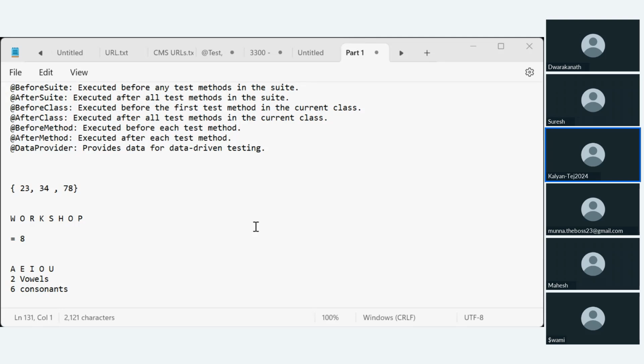And with respect to the access specifiers, I already mentioned during the session. In the abstract class you can have private, public and protected, whereas in the interface the methods are implemented with public only.